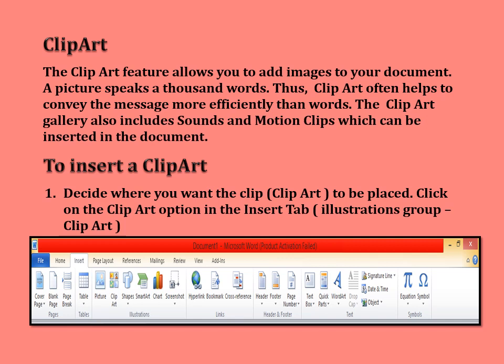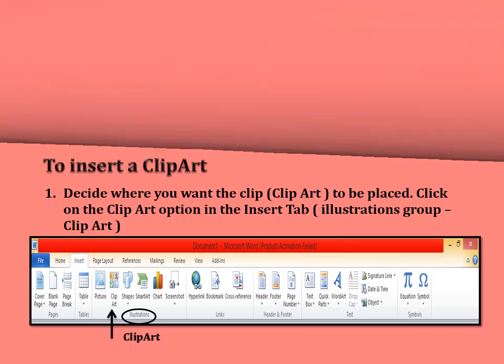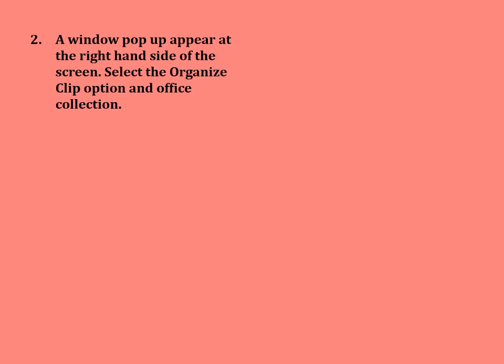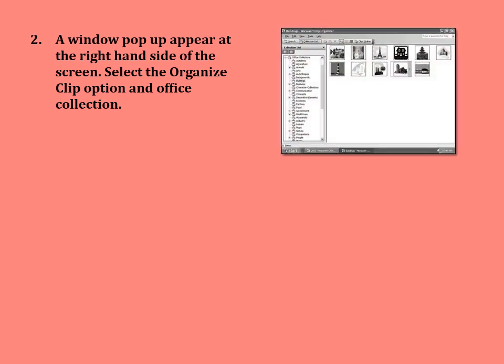This is the image of the Insert tab. This is the Illustrations group. This is the Clip Art button. A window pops up at the right-hand side of the screen. Select the Organize Clips and Office Collections. Please see the image. This is the image of the Office Collections.